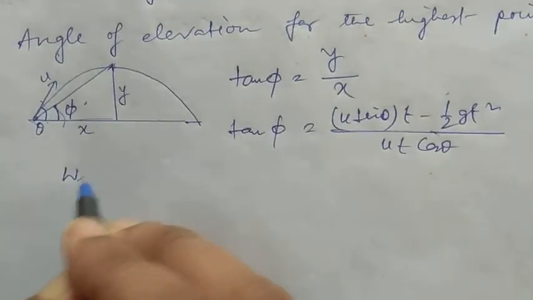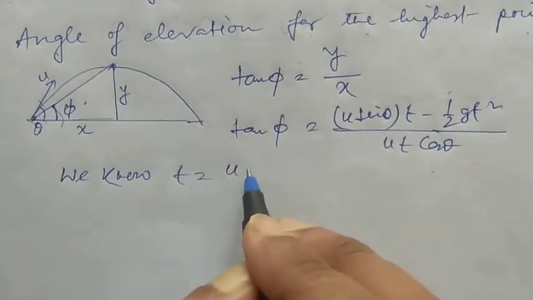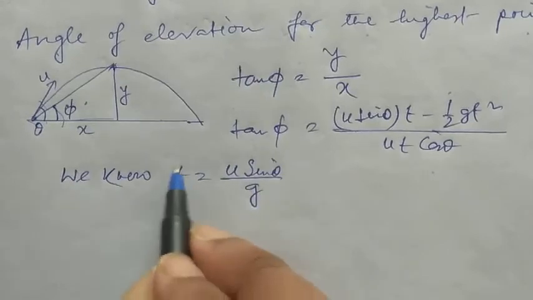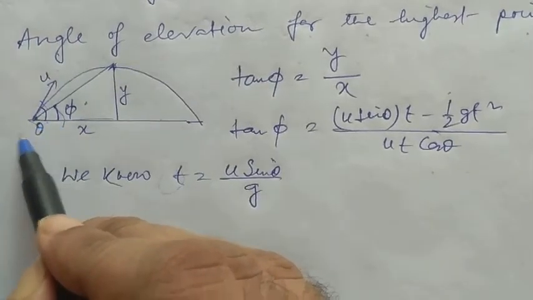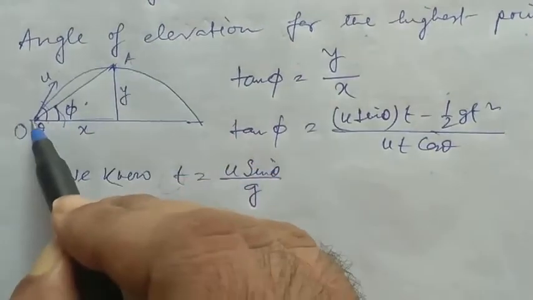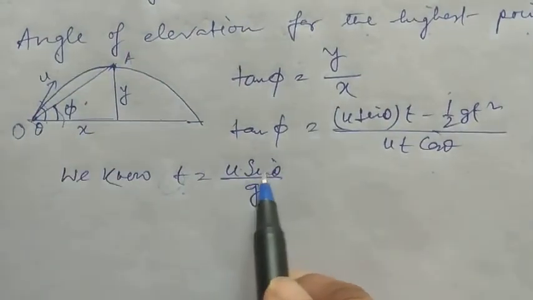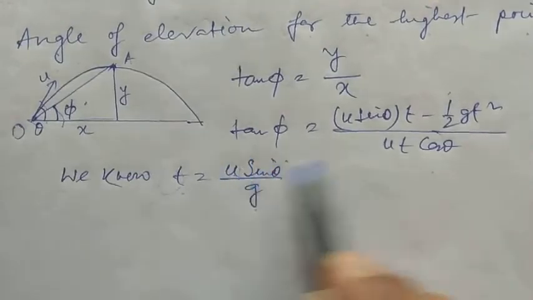Now we know t is equal to u sin theta by g. What is this t? t is the time taken by the particle to reach from point O to point A along this trajectory. So t is equal to u sin theta by g. If we replace the value of t here,